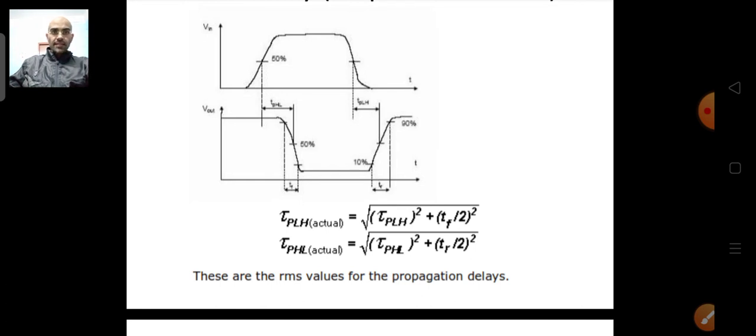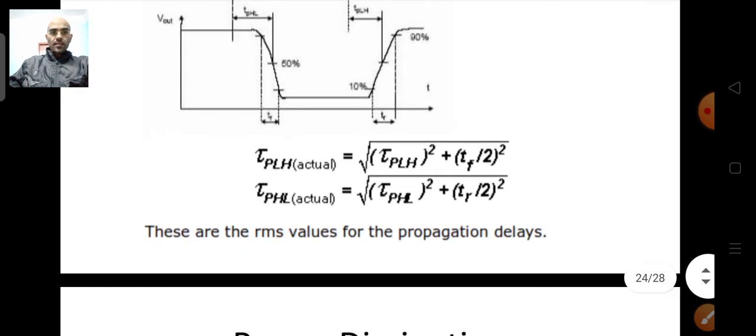Okay, so it is rising. So we have to use the fall time. So for tau PLH we use the fall time, and in the other equation we have to use the rise time. So this is how we can adjust it. What we have to do is take the fall time, and this is empirically found. There is no derivation particularly for this. Okay, that is how you got this equation.